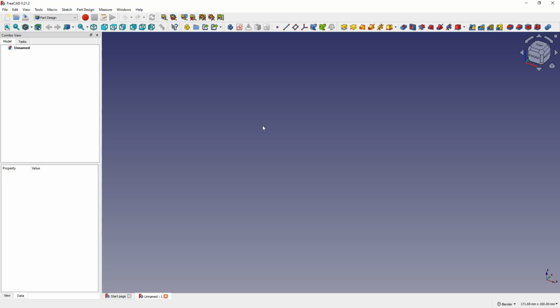Okay, and usually we start work by creating a sketch, and if creating a sketch is the first step, a body object is automatically created. This object is a single solid within which we create subsequent features forming the entire solid. But we can also create such an object by clicking the Create Body button. Click this button and here we have the body, which is an object representing a single solid. Now in this object we can create a sketch. Select Create a Sketch